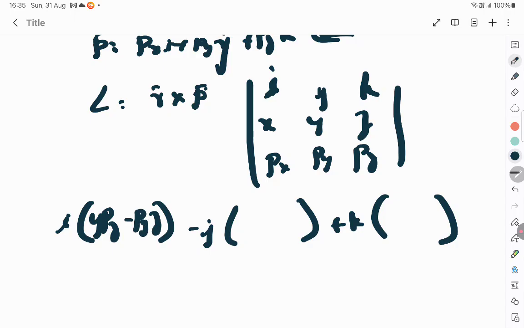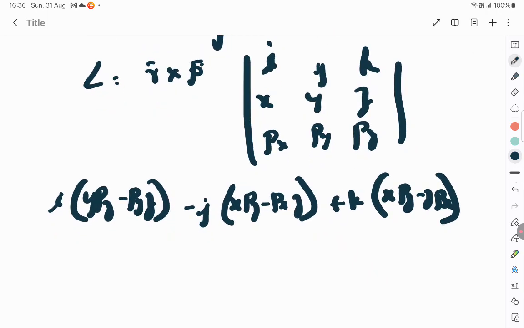Next term, when you do minus j, you ignore that row and that column and do top to bottom minus bottom to top. So it's py into z minus j into x into pz minus px into z. K into that: that row, that column has to be omitted, and top to bottom minus bottom to top, x into pz minus z into px. So thus you get this, and